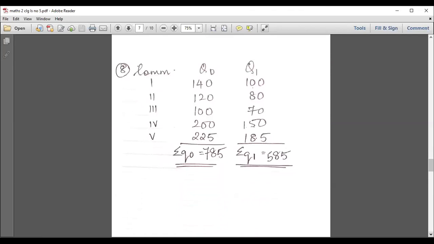The second formula which I had taught you all was quantity index number. Quantity index number pattern is the same. The only thing that changes is the alphabet. From prices, now we are shifting to quantity. So just to show you how the question looks, I'm sharing the screen. So pay attention. Just give me 2 minutes.